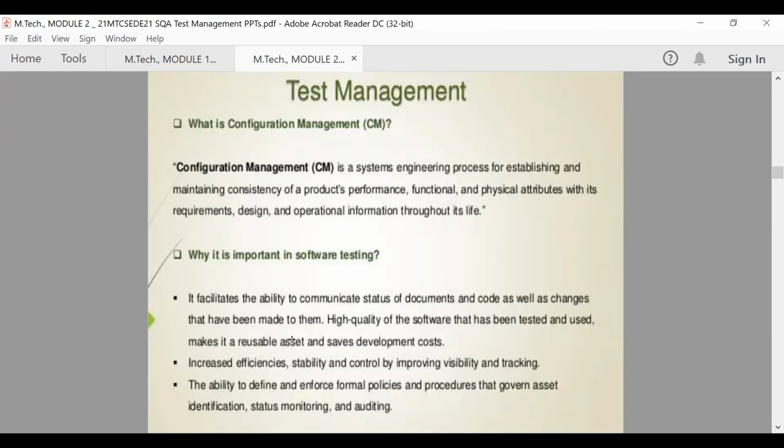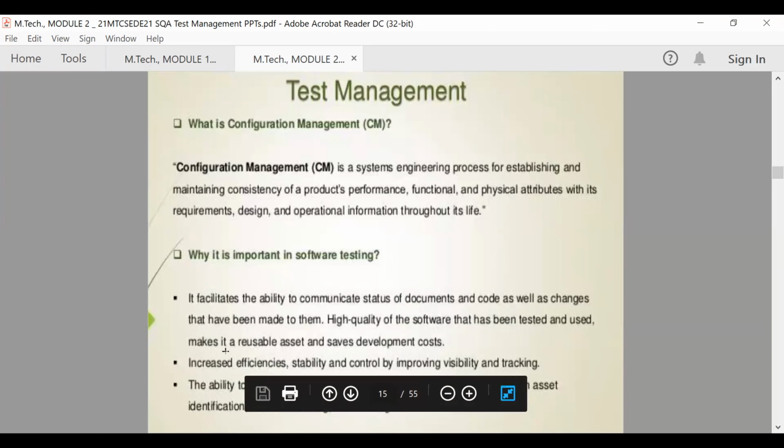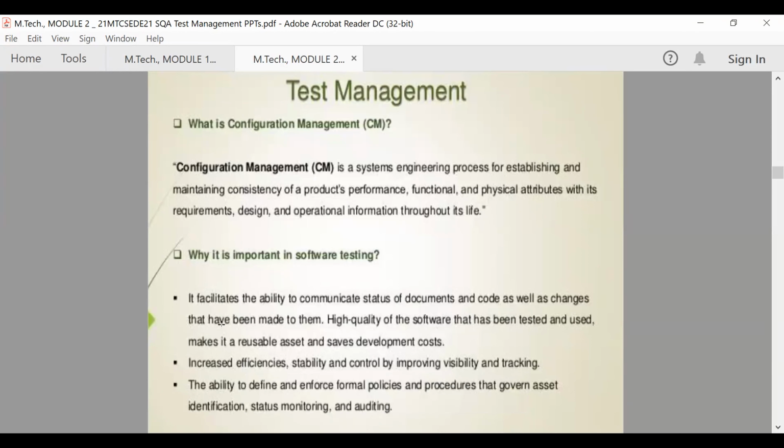So the high quality of any software is ensured through its specification and its configuration. Increased effectiveness, stability, and control by improving visibility and tracking can be ensured. The ability to define and enforce formal policies and procedures that govern asset identification, status monitoring, and auditing can be ensured through the test management process.